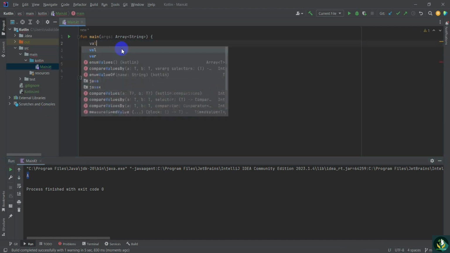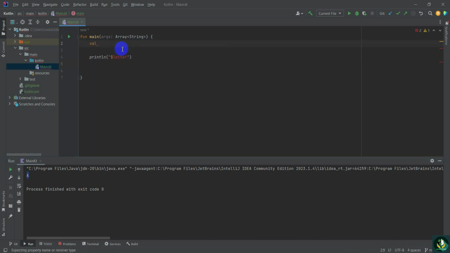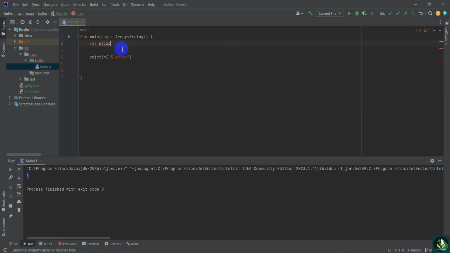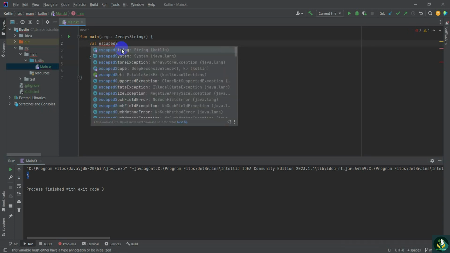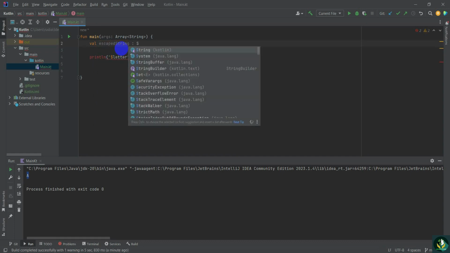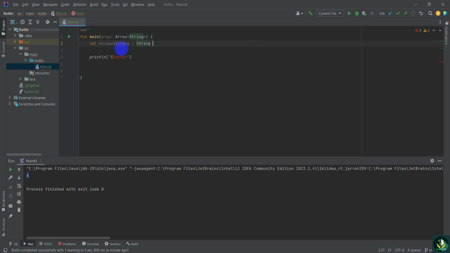First of all, I type val, and then the name, string. Then type the colon, and here I type String, the Kotlin string. Okay, so now equals, and inside the double quotation I create